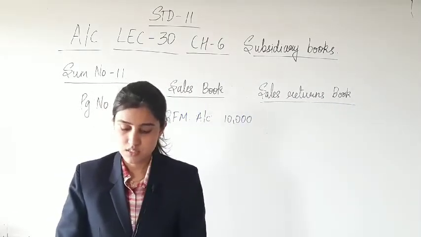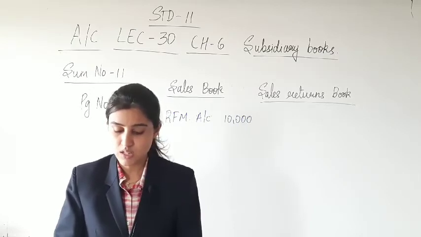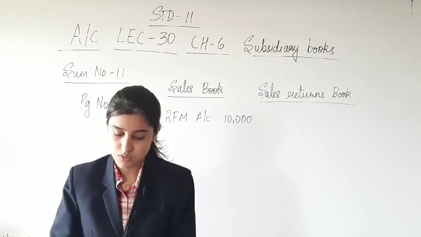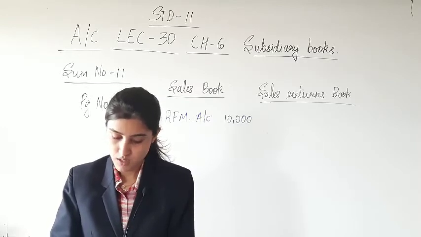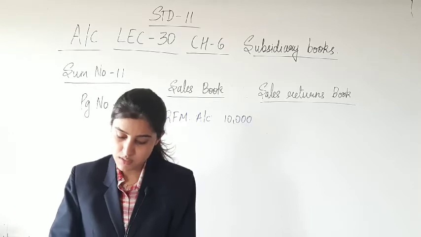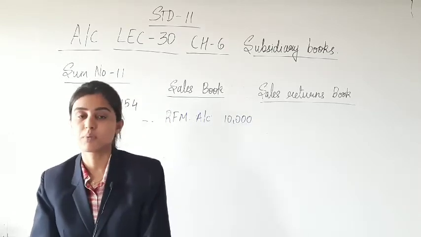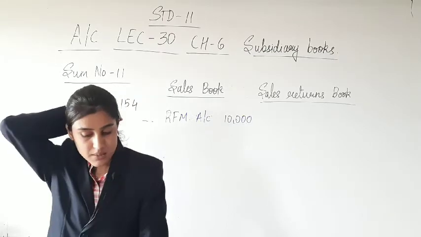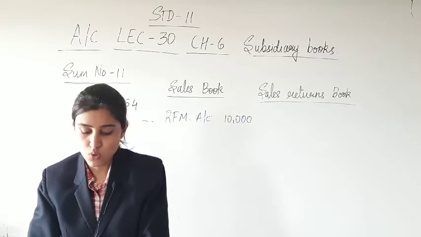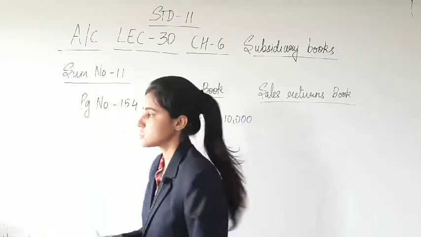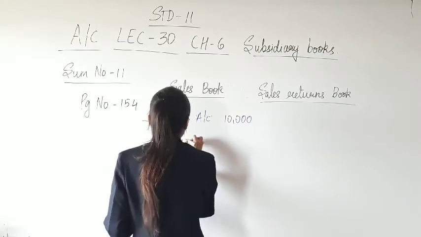The next one is on 5th of September, goods of rupees 8,000 at 10% trade discount and 5% cash discount sold to Pushpa. Credit period of 1 month, bill number 130 sent by adding rupees 100 of labor charge. Of course, labor charge is not to be considered here. Goods have been sold to Pushpa. Of course, it is a credit transaction with proper date, Pushpa account.